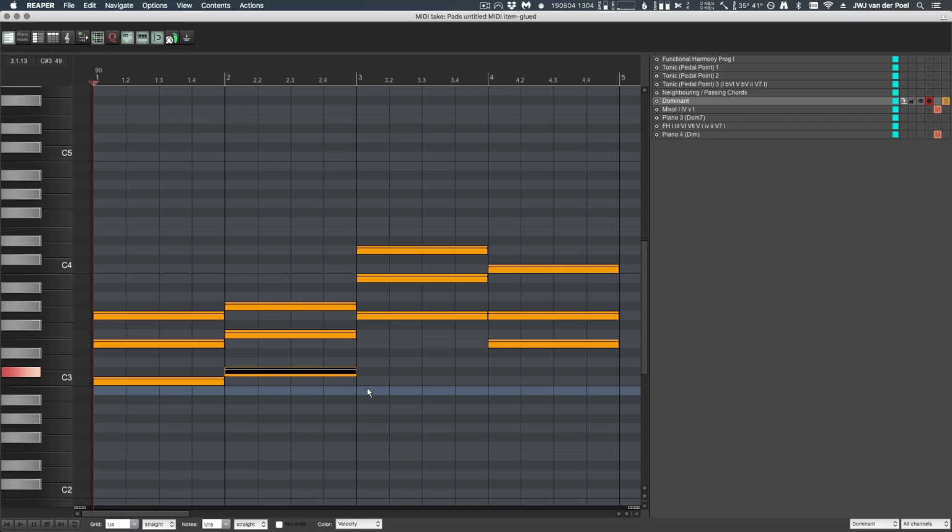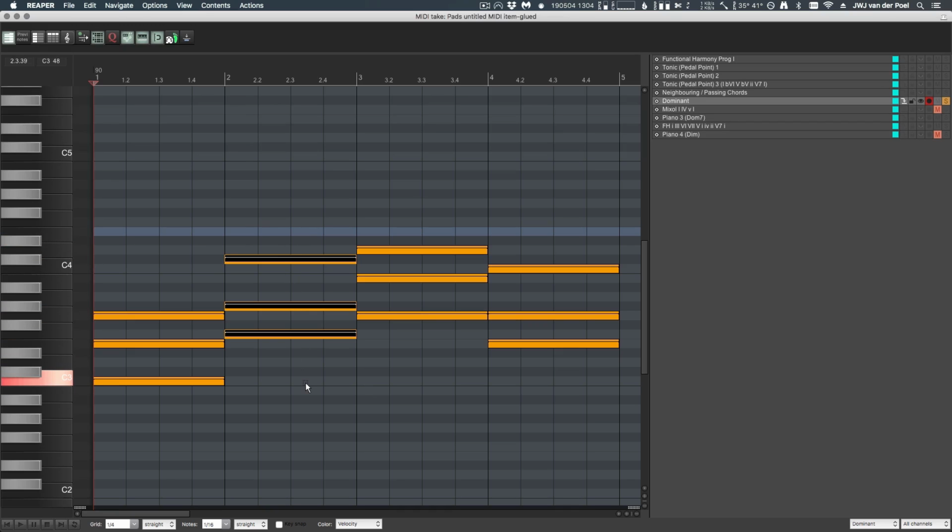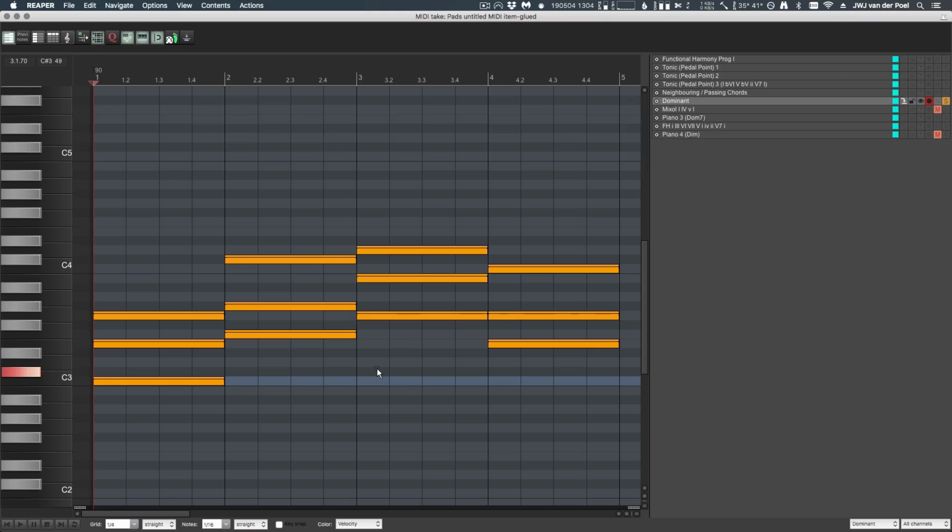So now all we need to do is take that lowest note and transpose it up an octave. And now we have a flat 2 chord in first inversion, which is a predominant chord, and it wants to move to this 5 chord. So if we play this progression,